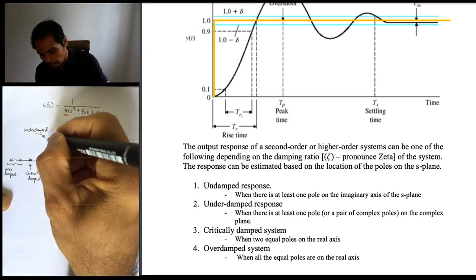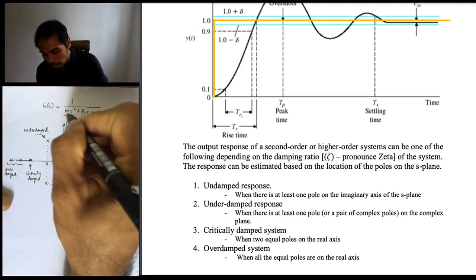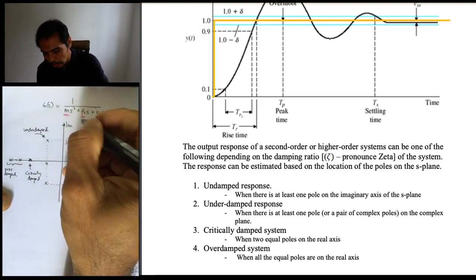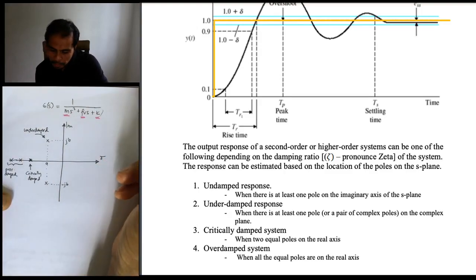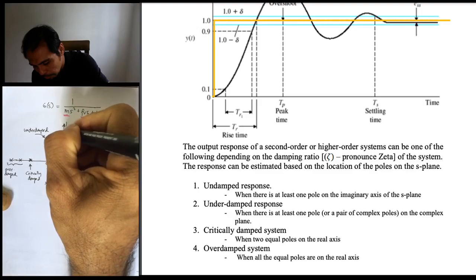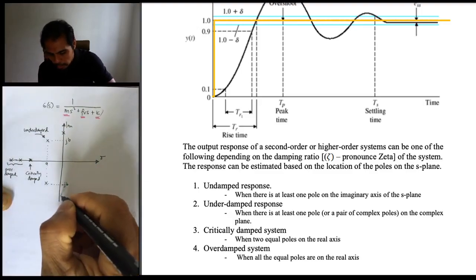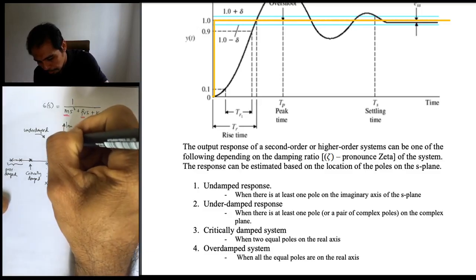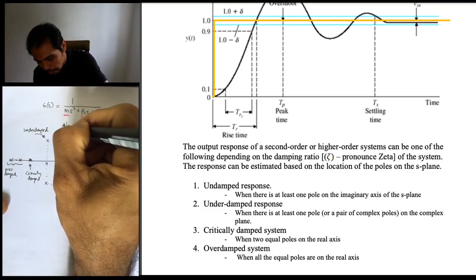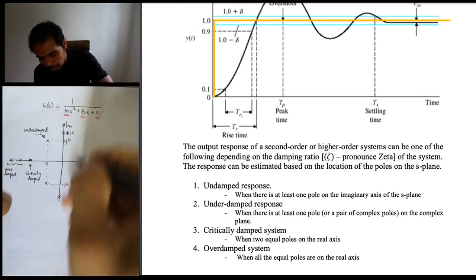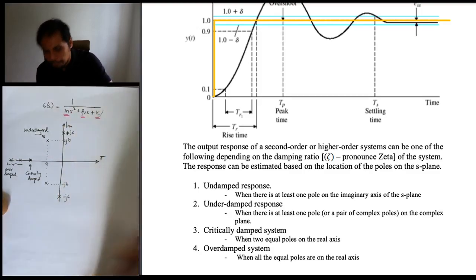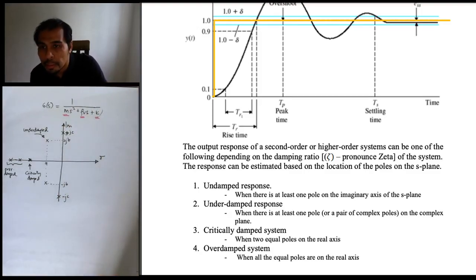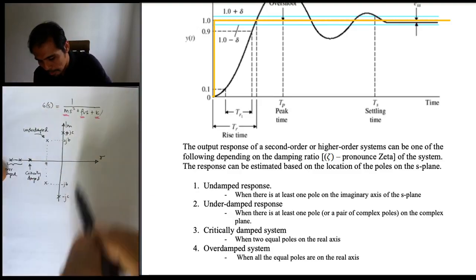And then it is possible for the transfer function to be an undamped system if the roots of the system are on the imaginary axis, plus jc, maybe minus jc, something like that, right? So we have a complete